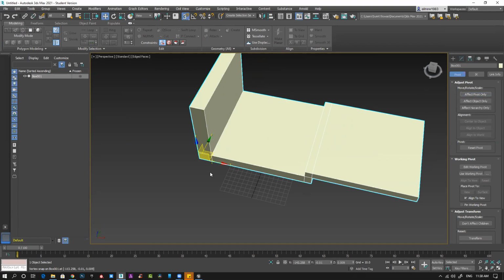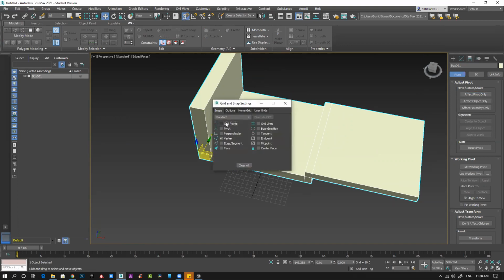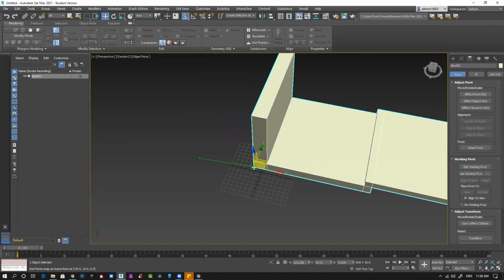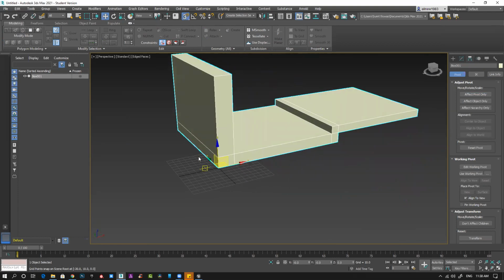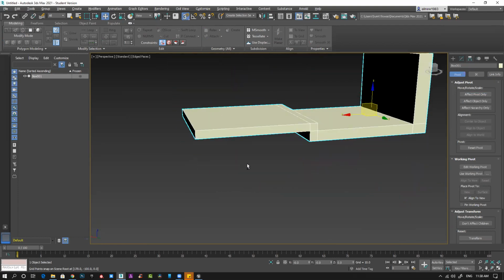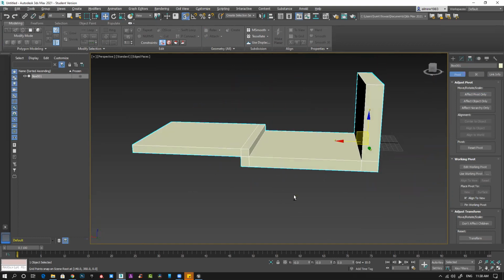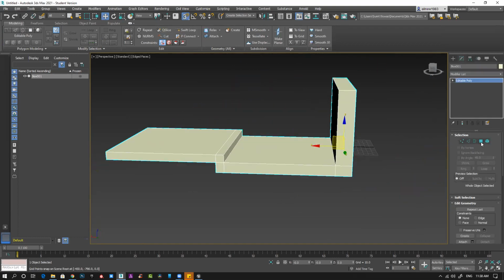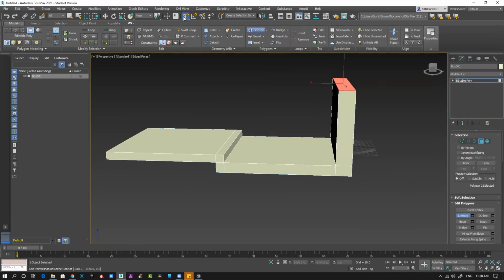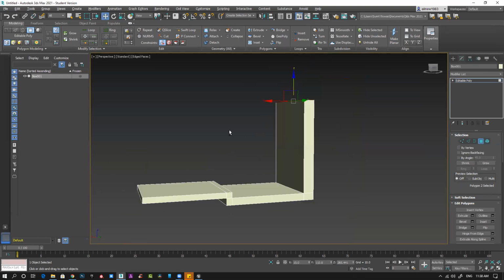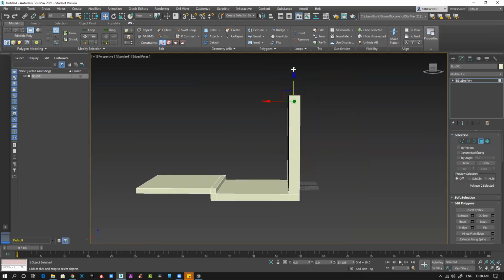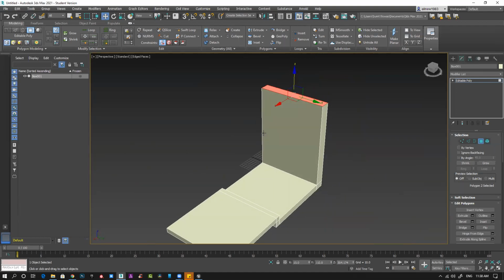Then switch this off, right click, switch on your grid point, and snap this to grid center. So you have this on grid 0, 0. It's a very simple shape, not very complex. Let's make it a bit long and tall, so it looks nice.